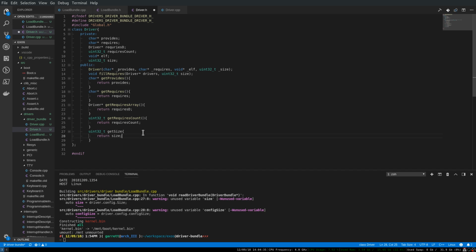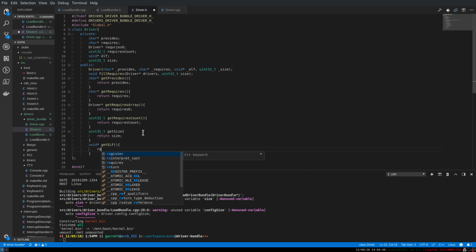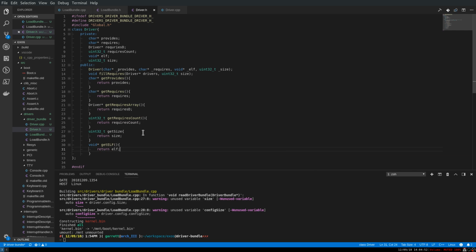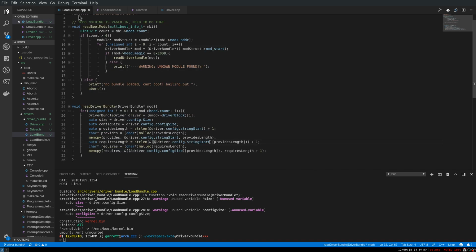I don't know how useful size is actually going to be, but you know, I feel obligated. Void pointer get elf, and return elf. Now that the boilerplate's done, we can go back over here